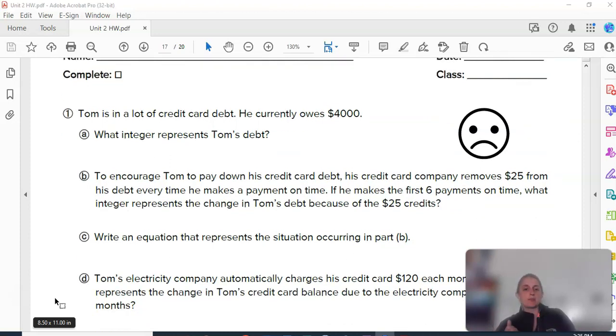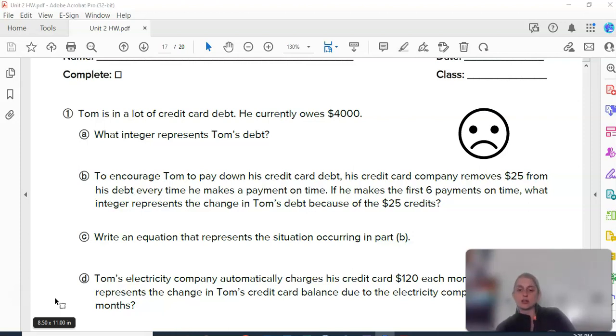To encourage Tom to pay down his credit card debt, which means start paying it off a little bit at a time so that you don't end up in debt anymore, his credit card company removes $25 from his debt every time he makes a payment on time. If he makes his first 6 payments on time, what integer represents the change in Tom's debt because of those